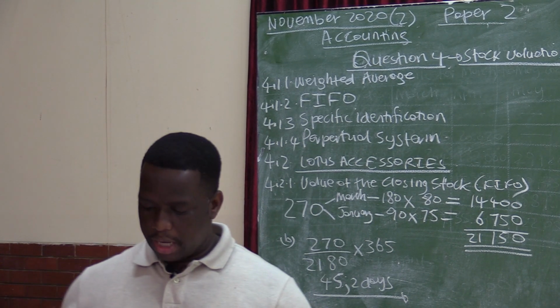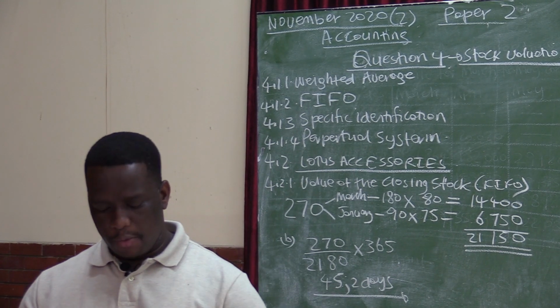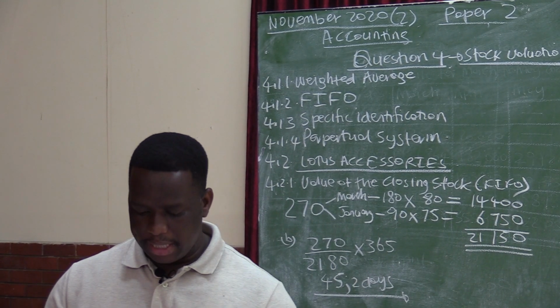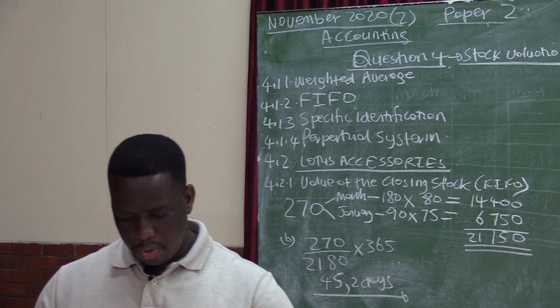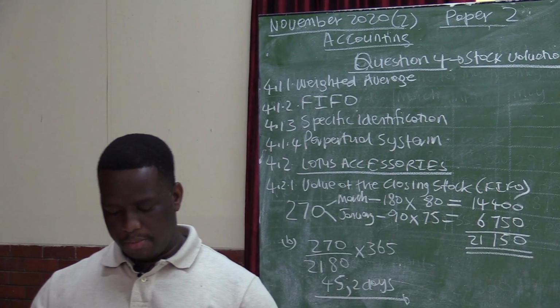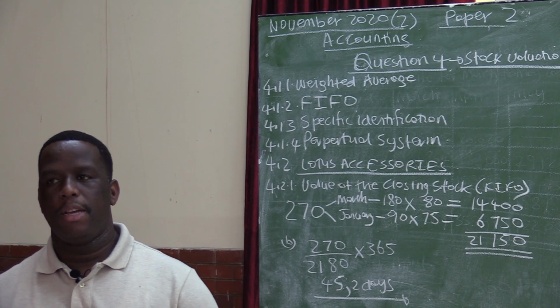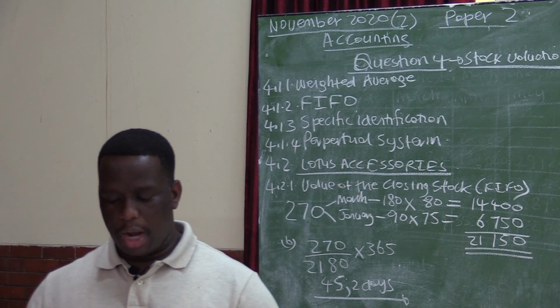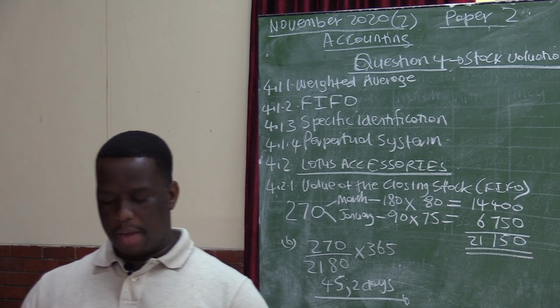If you quickly go back to this question, you will notice that question 1 was based on VAT and creditors reconciliation, which is part of our paper 2. VAT is very important for us to calculate. You should be able to calculate the amount excluding VAT and the amount including VAT, and know how to calculate VAT when given the amount including or when given the amount excluding.